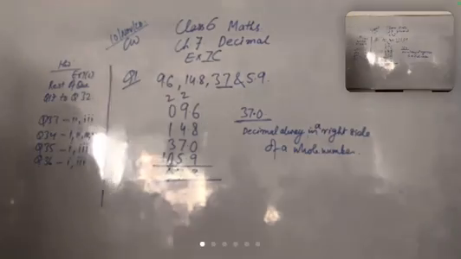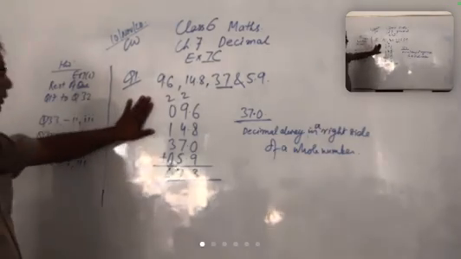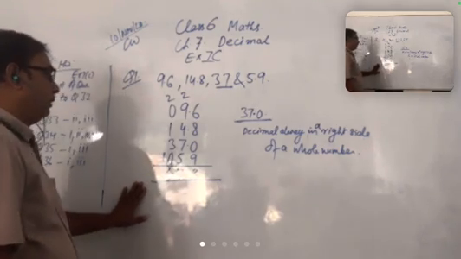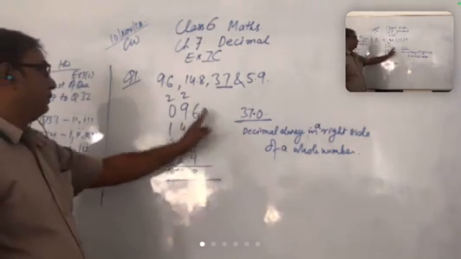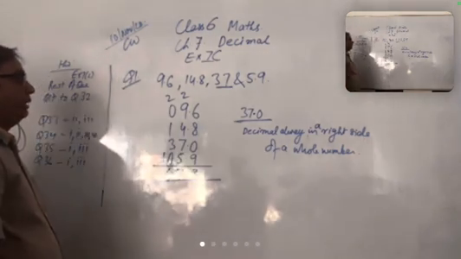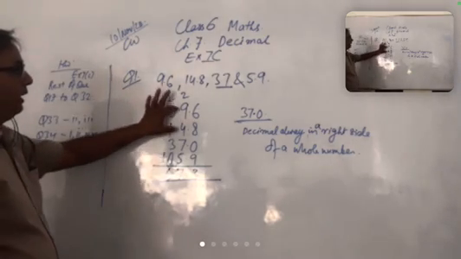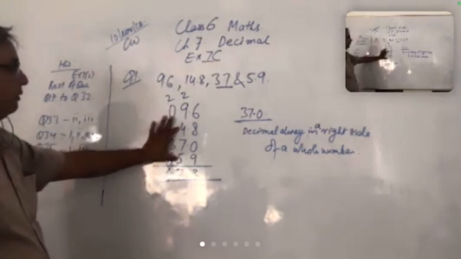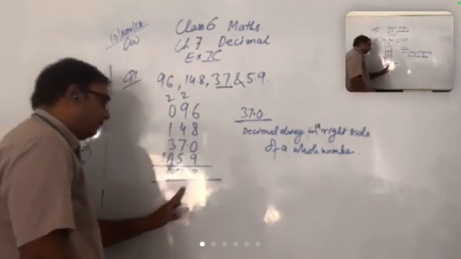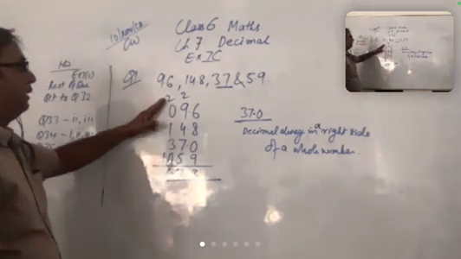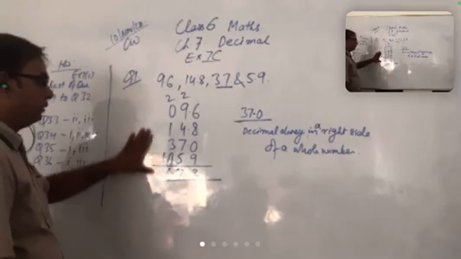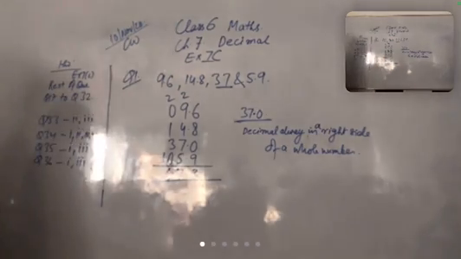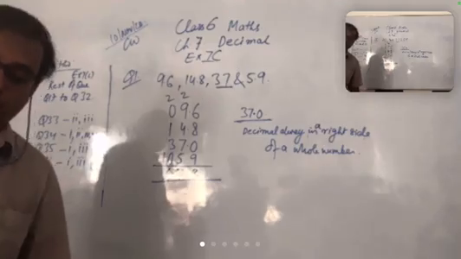If anyone has any confusion here, please ask, clarify it right here and finish it. 9 plus 6 is 15, 15 plus 8 is 23, 3 and carry 2. Then 9 plus 2 is 11, 11 plus 4 is 15, 15 plus 5 is 20, 20 plus 7 is 27. And again the carryover is 2, 3 plus 1 is 4, 4 plus 2 is 6. This is the addition, basically how we add decimal numbers.